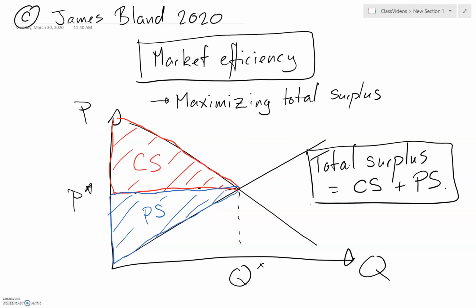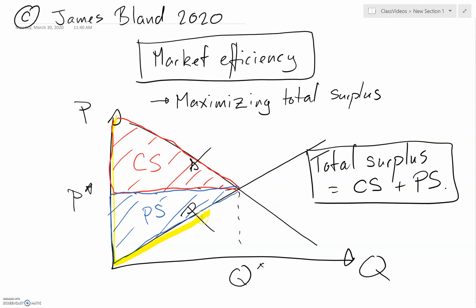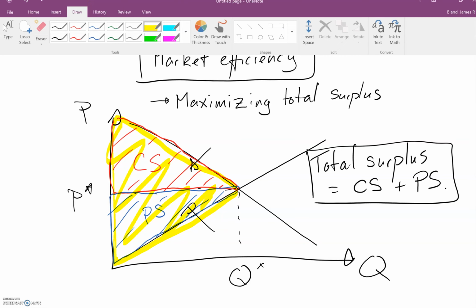And so if we want to maximize the value of a market to society, we want to try and make this total area, right, the red area plus the blue area, total surplus, which, I may as well highlight for you. The total surplus is this big triangle here. Is the market making that area as big as possible? Okay, so